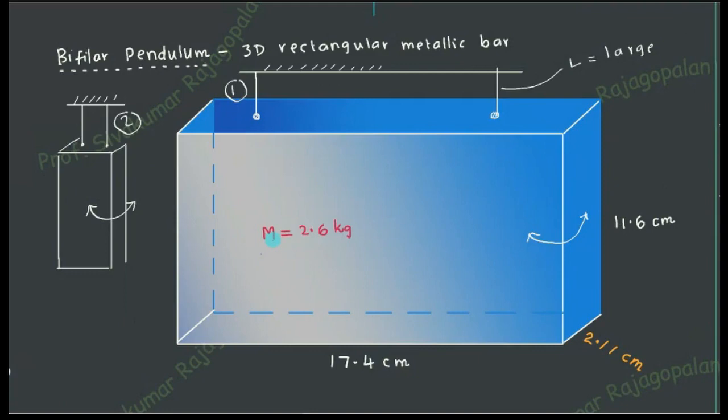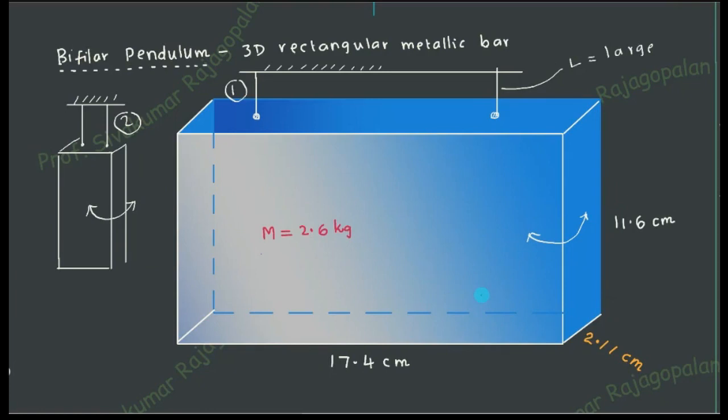And so you'll be doing 2 calculations. One calculation is based on your experimental data, which we call the experimental result. The second calculation is a direct calculation using the Wikipedia formula. In fact, you can ask the question, why do you want to do the experiment? You don't have to do any experiment. Take the Wikipedia formula and substitute m equal to this much, length equal to 17.4 and width equal to 2.11. You get the same answer. That answer is what we call the theoretical answer, that means the moment of inertia by the theoretical method. Then the second one is the moment of inertia by the practical method.